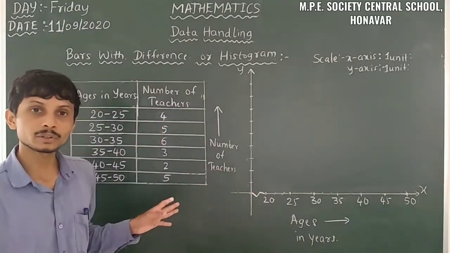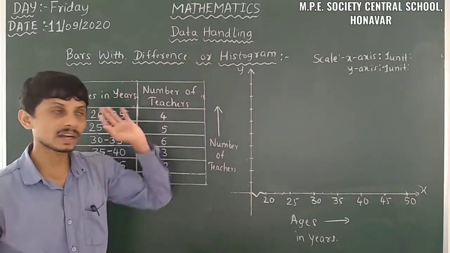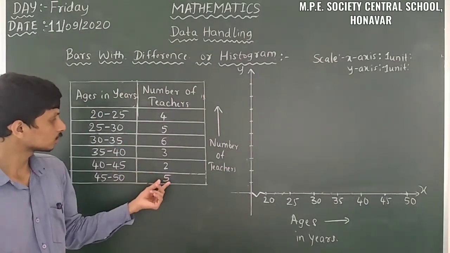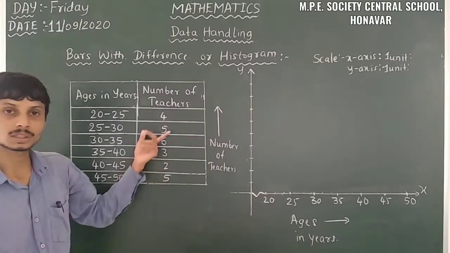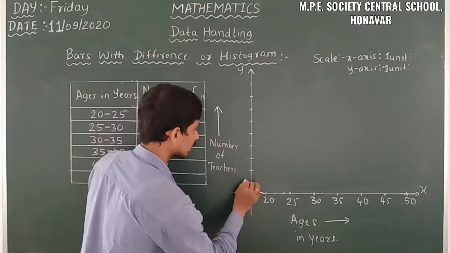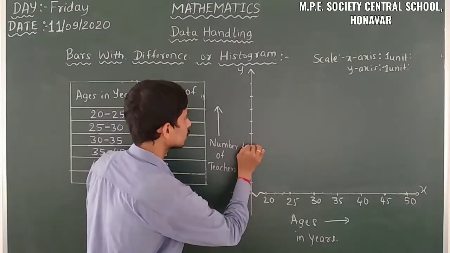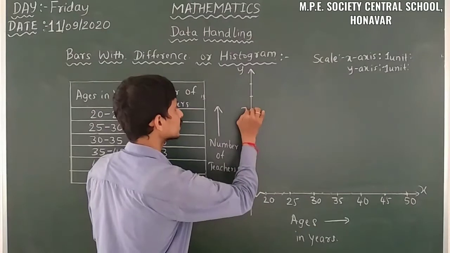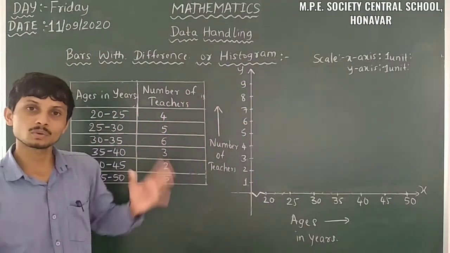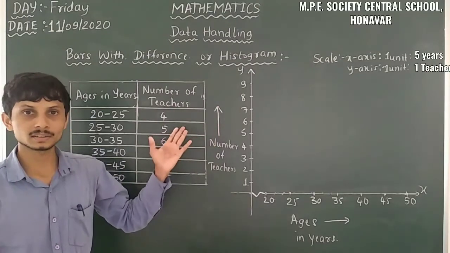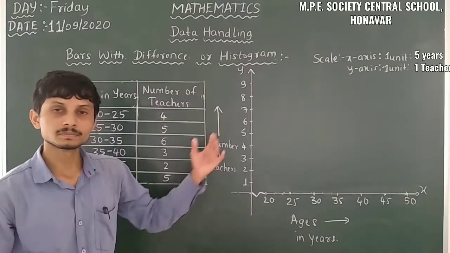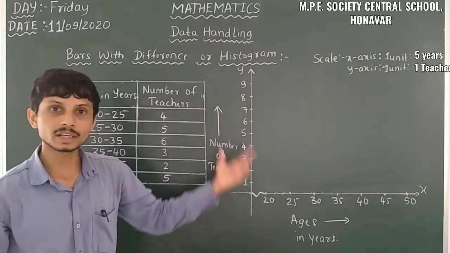So then what you have to do? So we have to take the y-axis. So how to take the y-axis here? So here just observe. All the numbers are in the form of 1, 2, 3, 4 like that only. So here we have to take 1, 2, 3, 4, 5, 6, 7, 8, 9. So up to 9 is there, no problem. So you can take like that. So here up to 6 also we can stop. No problem. So we can take.